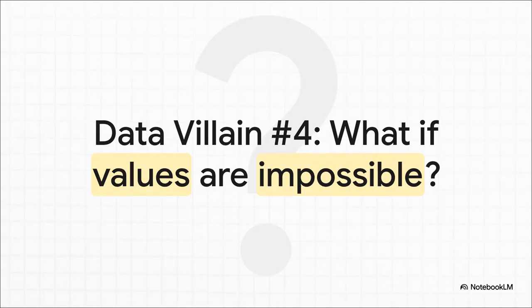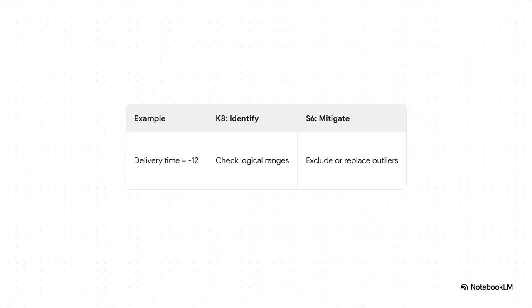Now for a villain that just breaks all the rules of logic. Invalid values. A delivery time of -12 minutes? A delivery distance of 5,000 miles? This is data that makes absolutely no sense in the real world. Using K8, your brain should be screaming, wait a minute, that's impossible. You run checks for logical ranges. Delivery times have to be positive, right? Your S6 mitigation is to then build validation rules that catch these errors automatically. And the golden rule? Whether you decide to exclude or replace the bad data, you must document exactly what you